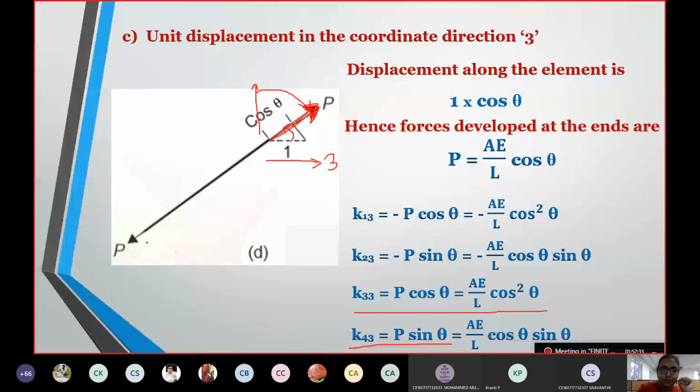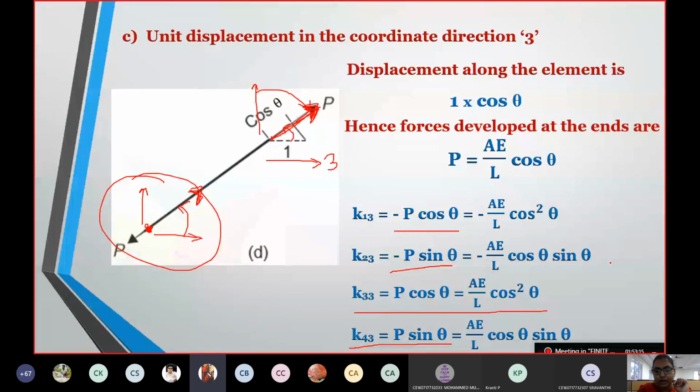All right. Whereas when I come for node 2, I mean node 1 in the other direction, here my direction was like this in the first figure. Right. Now when I superimpose, I am getting the displacement in the direction of the node that is applied. But I need to restrict this from happening. When the displacement of one node is given, the displacement in the other node should be 0. So I need to restrict this from happening. So the other 2 whatever we have will be negative. Got the point? Whoever asked me the doubt, are you clear now? Yes, ma'am.